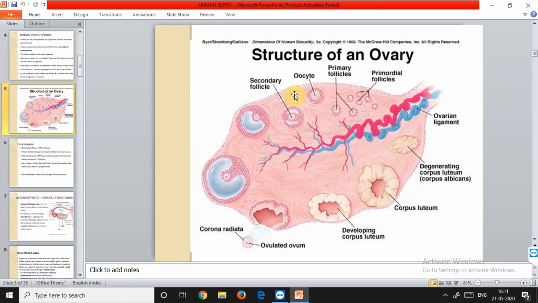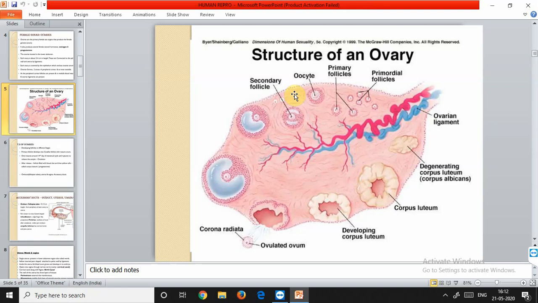So now follicular cells are endocrine in function. What is the endocrine? Now the difference between endocrine and exocrine is that endocrine cells secrete whatever the secretion into the blood itself, but the exocrine secrete whatever they are secreting to the outside of the body. So the follicular cells are endocrine, that means they secrete that secretion inside the blood, and what the follicular cells here secrete are the estrogens, that are the female sex hormones. So they release estrogens. So the cortex of the ovary may have a yellowish conical endocrine gland.